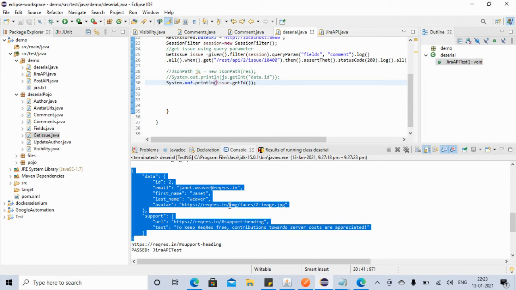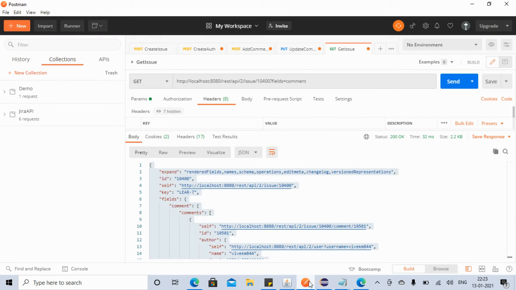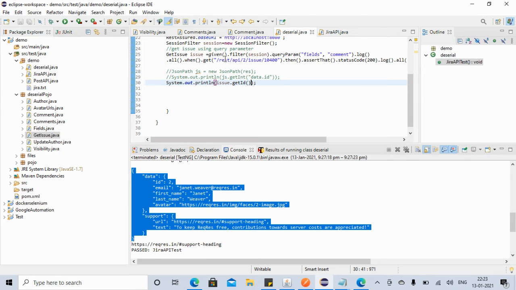Let's run it, because this ID is very simple. But suppose you want to retrieve something inside the comment ID, then we will see how we can do that. First, let's run it. This concept that we are doing now, creating the POJO class and then changing whatever response we get using the GET into the POJO class, is called deserialization. Okay, so let's do this.